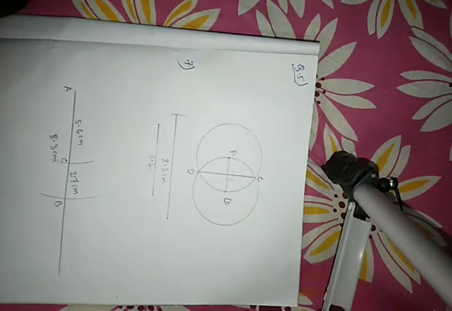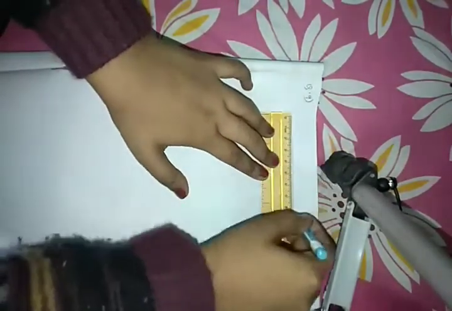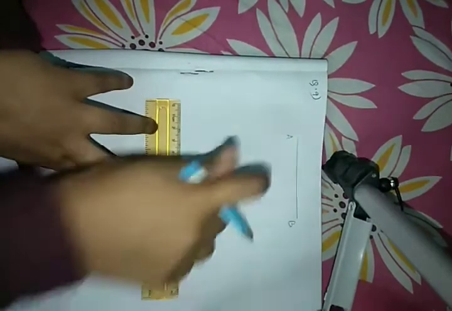Now next I am doing question number 9. Question number 9 is, given some line segment AB whose length you don't know, construct PQ such that the length of PQ is twice that of AB. So what will we do? We can draw any length AB, because it's not mentioned in the question. Now we will have to construct another line which is twice the length of AB.